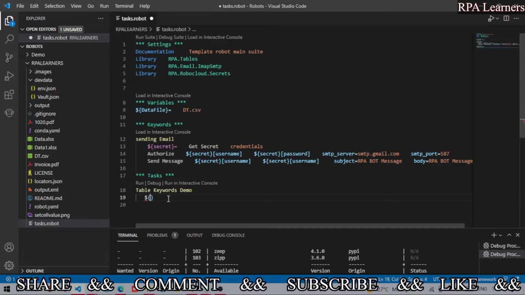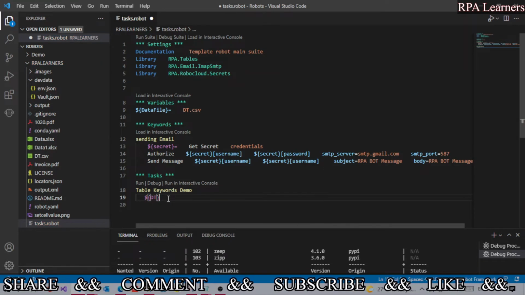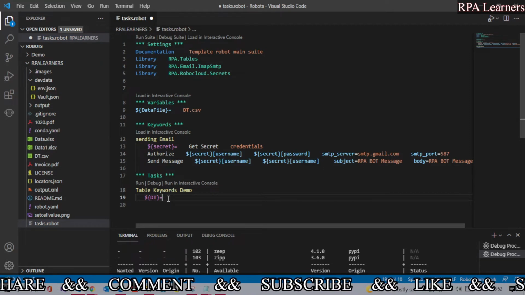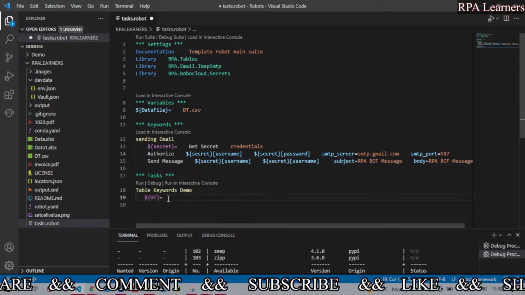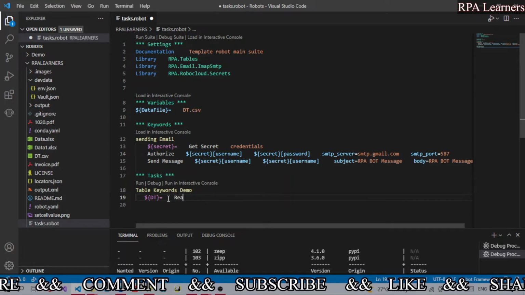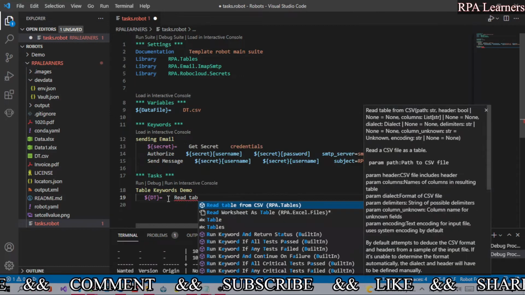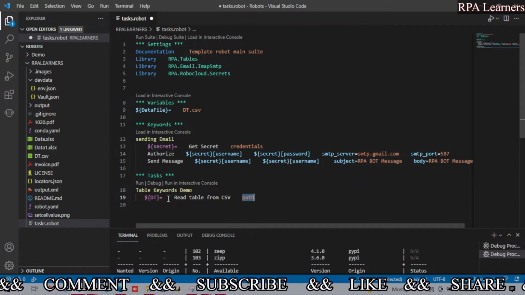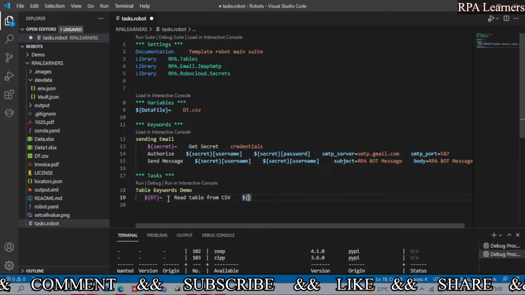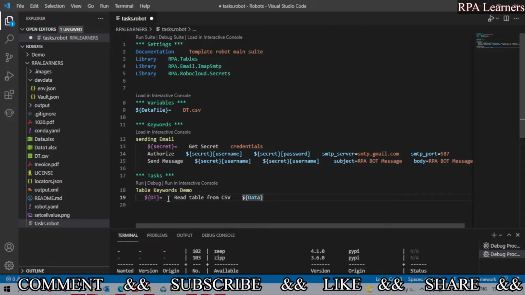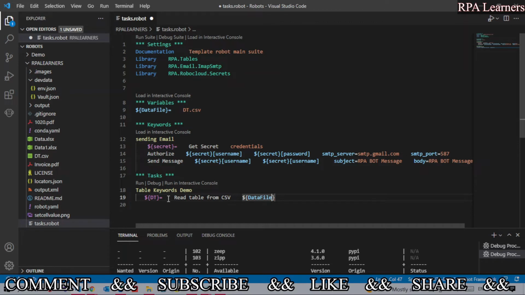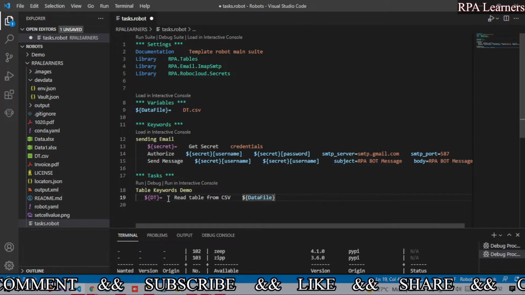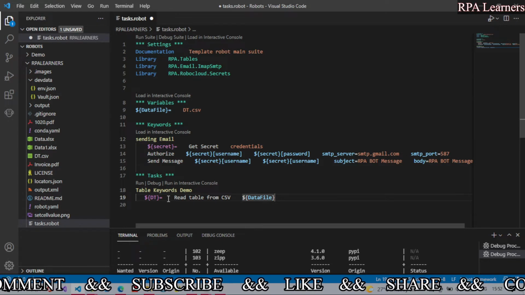First, we need to have a variable DT which holds the values of the Excel or the CSV file, where we can use the Read Table From CSV keyword, and we need to mention the path, and the path is, we already defined it, which is data file. Now the DT has the values from the CSV.